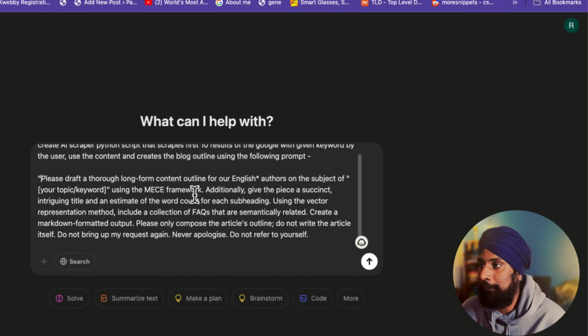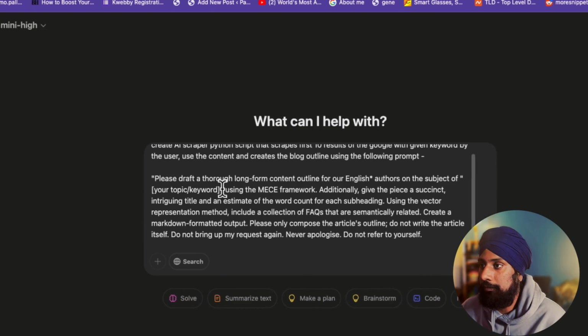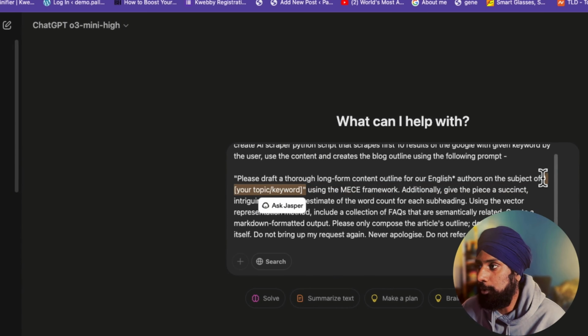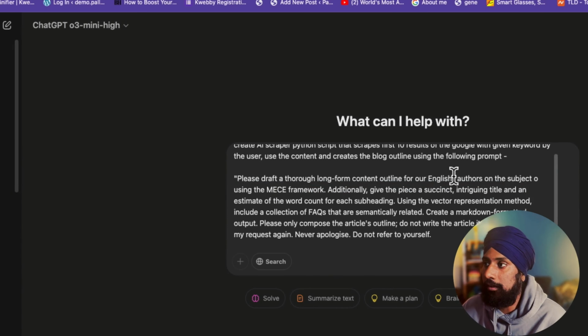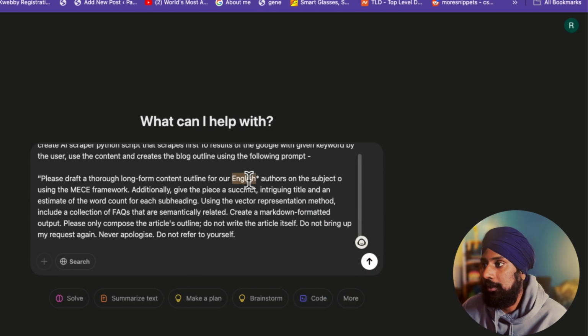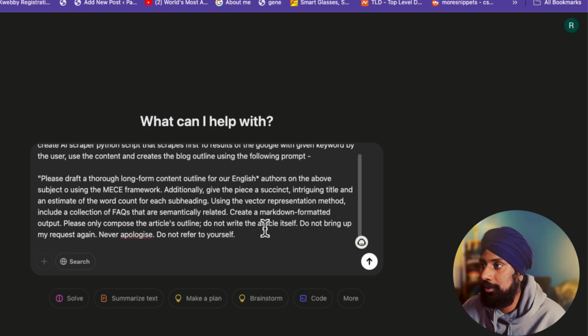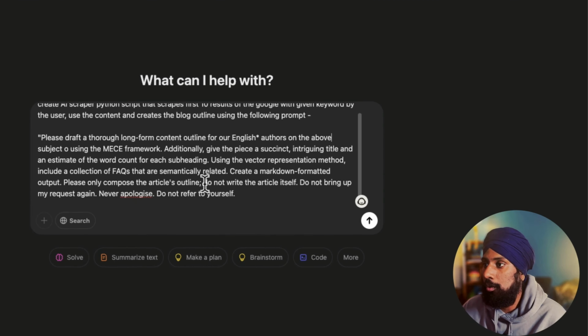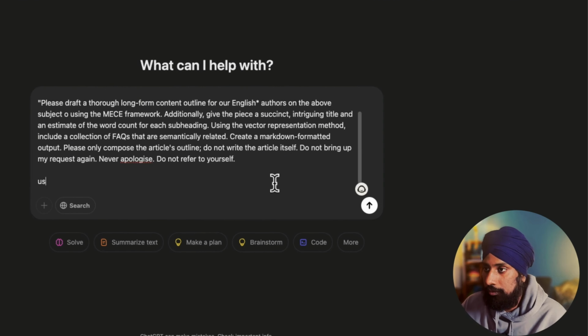Okay, let me give you the MEC framework. So my MEC framework is defined there. So what I'm going to do, I'm going to optimize this prompt. If you want to edit for your local language, you can go ahead with the Spanish version here. I will put that as English. Additionally, on the above subject, give the outline, and FAQs should be included. Create a markdown formatted output only, and use the OpenRouter API